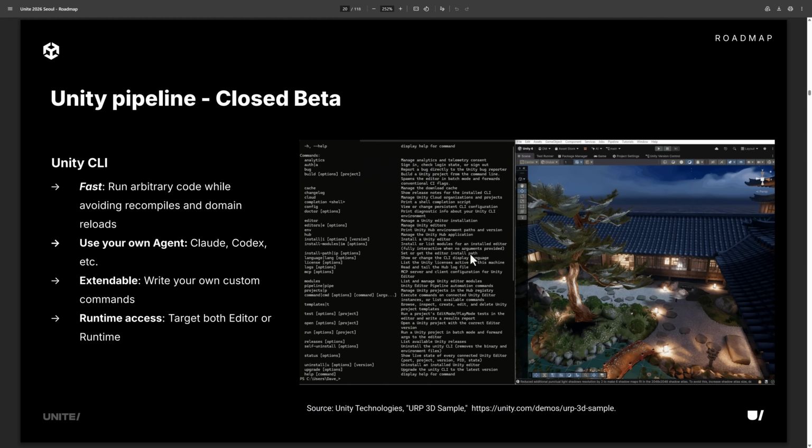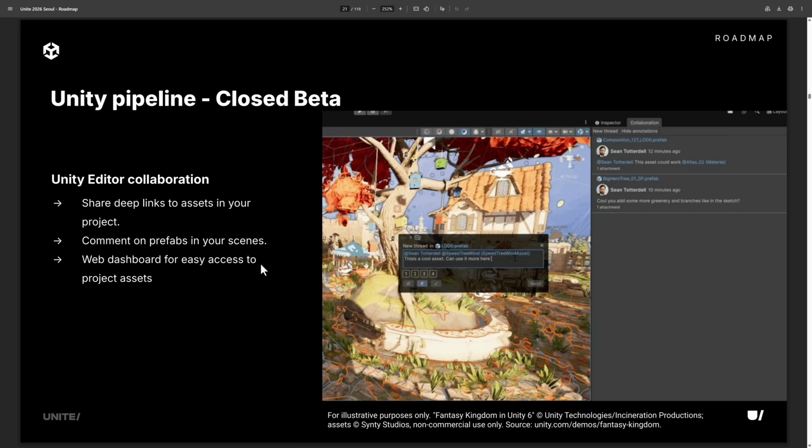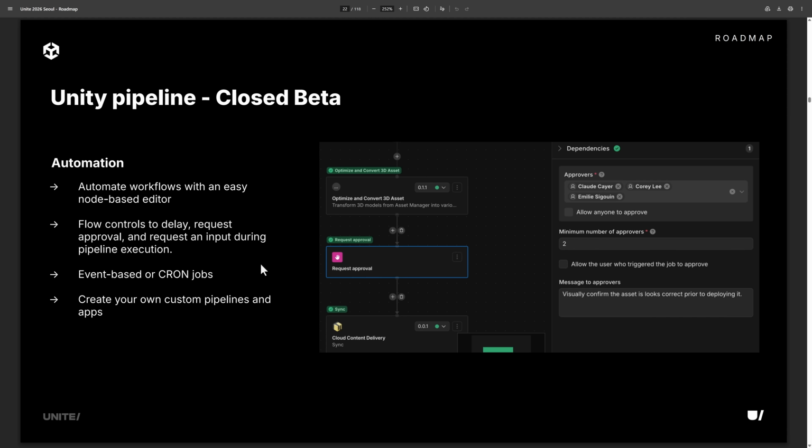You can actually install Unity entirely, load a project, create a project from a template, and then remote control it all from the command line. Obviously, this is going to be aimed at AI agents as well, but even if you do not use AI at all, still useful. Check that video out. It is the star of the show, in my humble opinion. So pipeline is definitely part of that process.